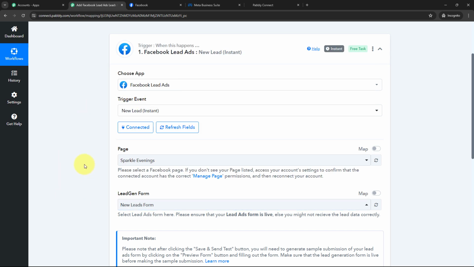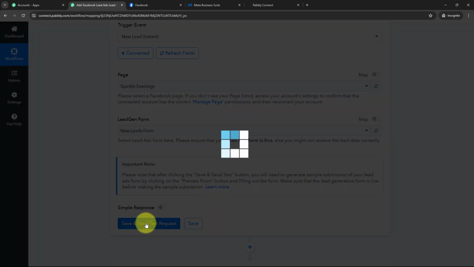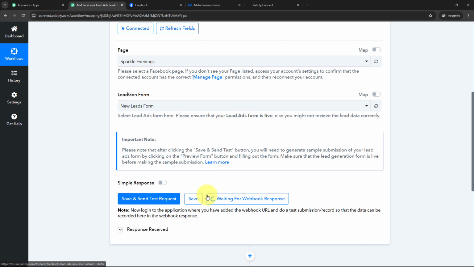my lead gen form. So once I've selected my page and the lead gen form associated with it, here I'm going to click on Save and Send Test Request. So as I did that, here you can see it is waiting for webhook response. That means now I need to do a test submission or record so that the data can be recorded here in the webhook response. So in order to do a test submission, I will go to this new tab and